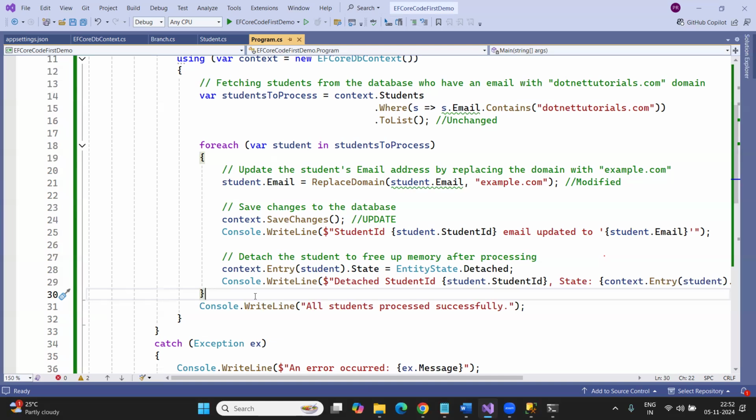Definitely. What I'm saying from the beginning is that bulk operation is there. And when the time comes, I'll show you how to perform bulk operations. But currently, we have not discussed how to perform the bulk operation. Bulk insert, bulk update, bulk delete, everything is possible, which we will discuss in our coming session. Currently, we are going step by step. And bulk operation, I'm going to show you using the Entity Framework Core method, and using third-party libraries,